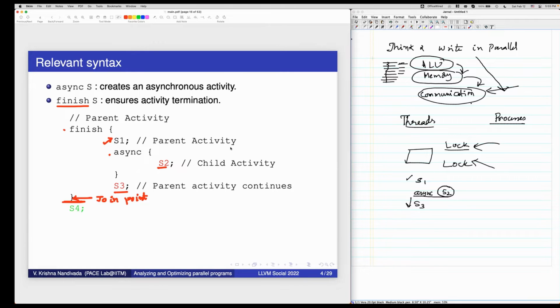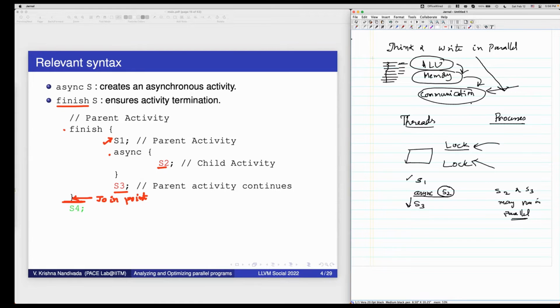No. Again, it's not that it must run in parallel. It may run in parallel. So here it says in this S2 and S3 may run in parallel. Why do we say may run in parallel? Because let's say you have only a single hardware core available, then even though there are two parallel tasks, the runtime may say, hey, don't create so many tasks.